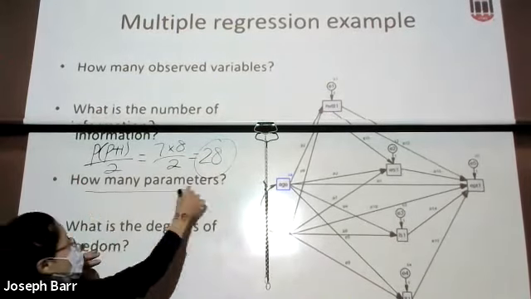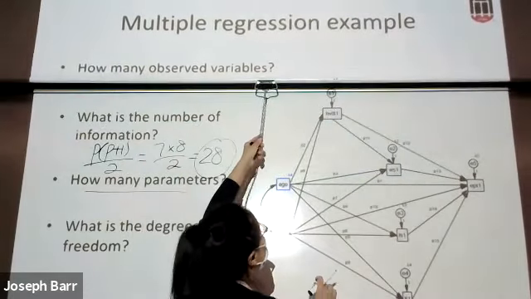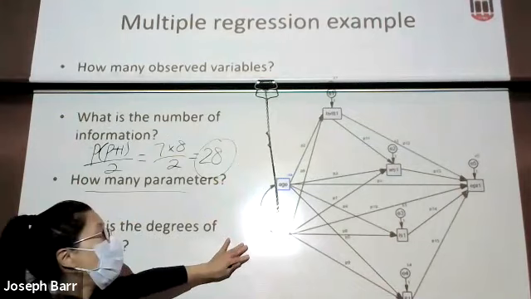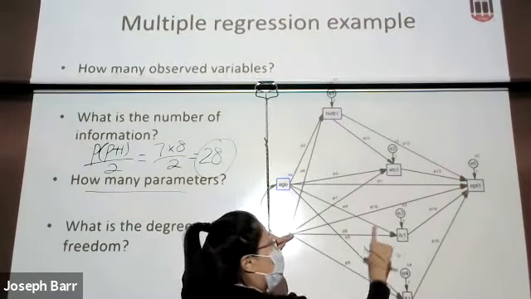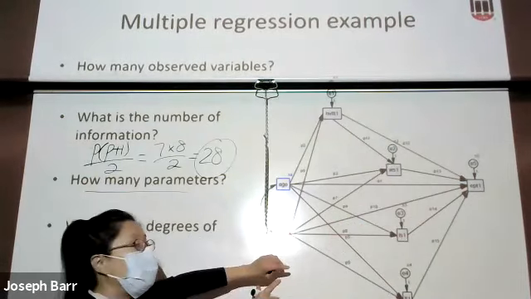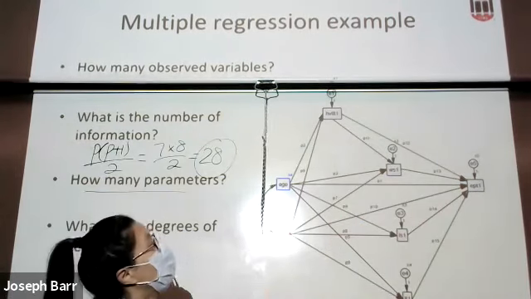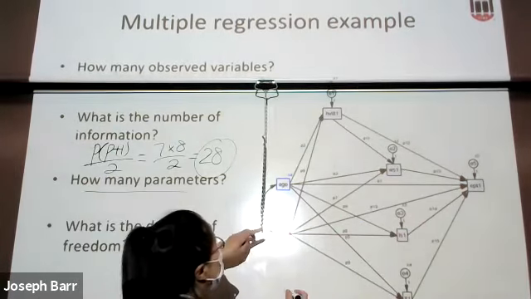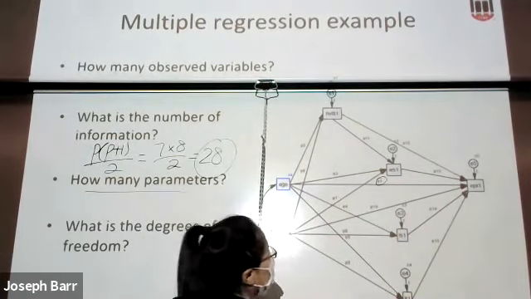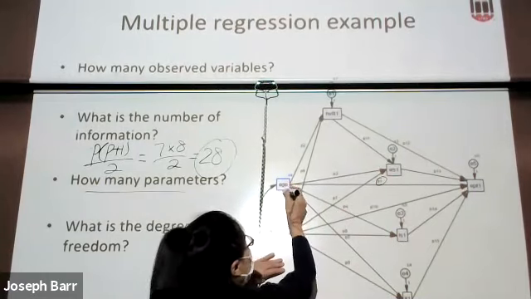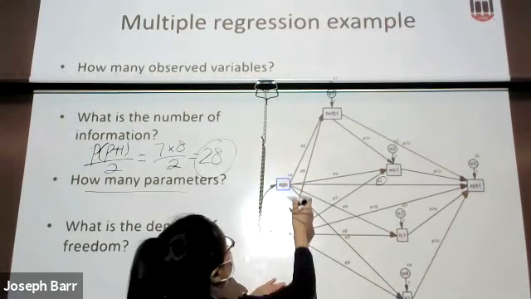Now, how many parameters in this model? Suppose we are going to investigate all of these possible mediation effects. So how many parameters? Let's count, okay? Actually, I already gave you some numbers here. This is the P1, starting from P1, this is the inference from age to EPT. And we have P2,